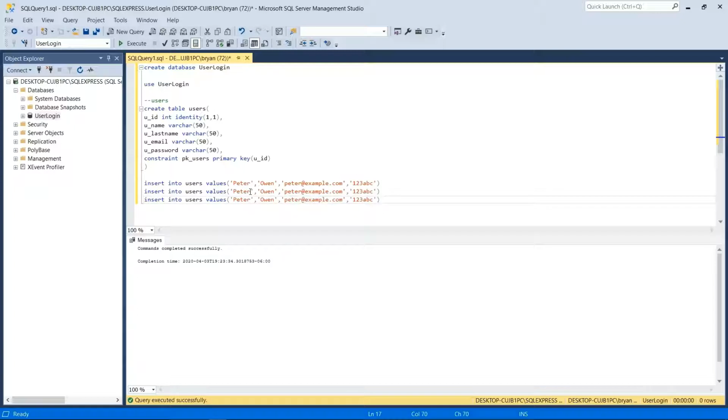We will change the values for Maria, the last name Evans, maria@example.com. The password 2020-123. The next one is going to be Carlos,